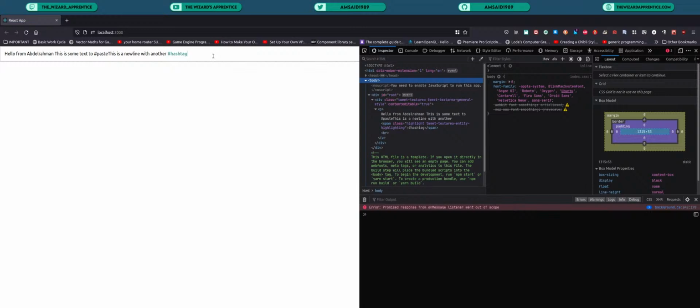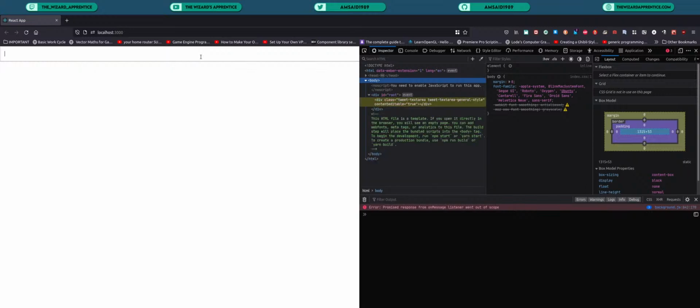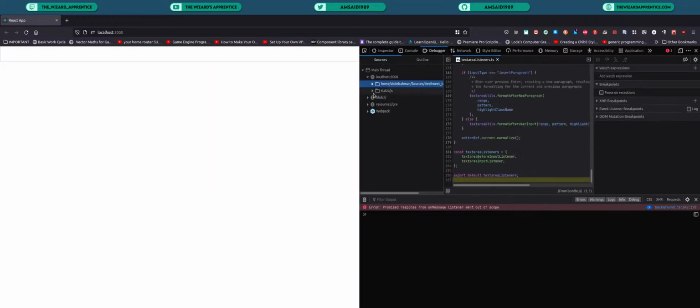This doesn't work well when we're working with new lines, and it ends up just doing a lot of weird things to the formatting. Like if we actually go to the debugger and